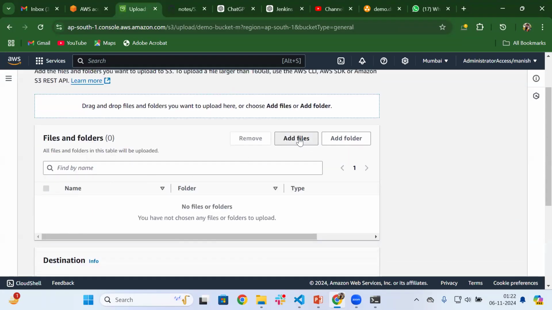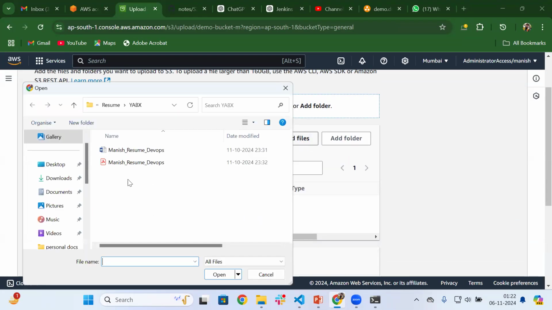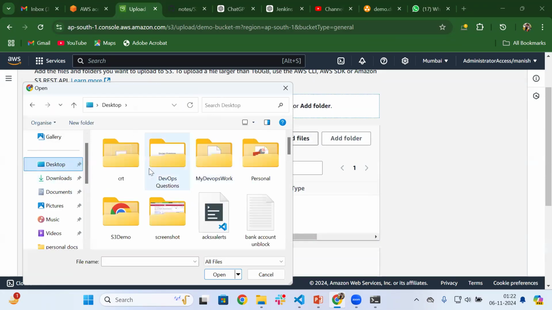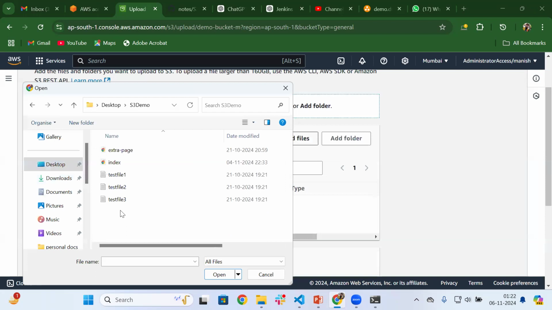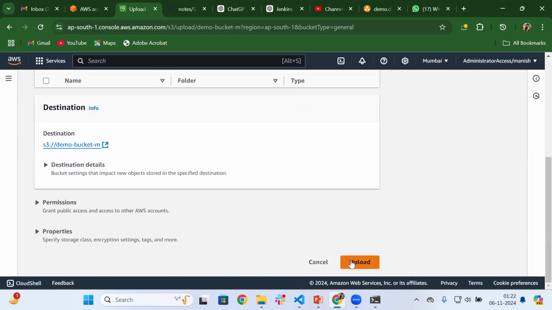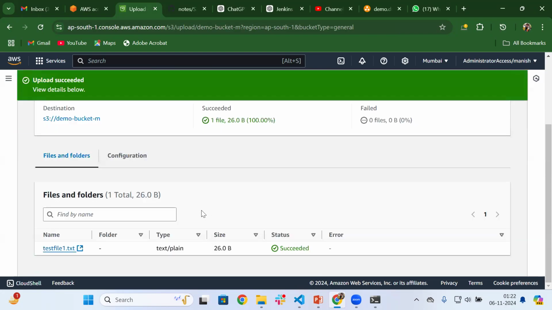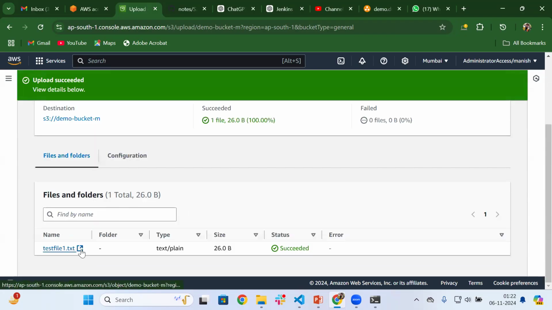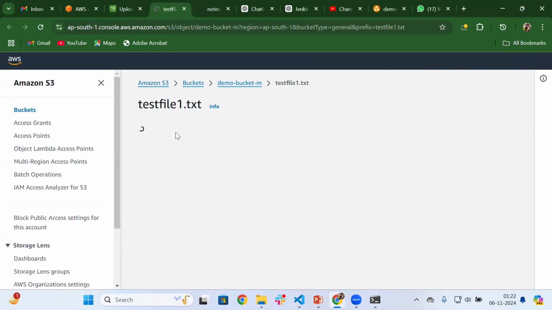So let me add file and just suppose that, on the S3 demo, where is that S3 demo? I am just uploading this test file one. Okay, test file one.txt I have uploaded. Okay, so what is the test file one.txt? If you see